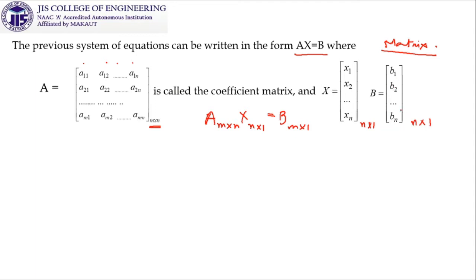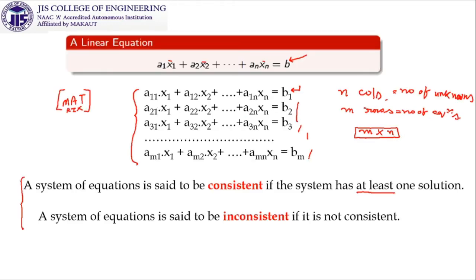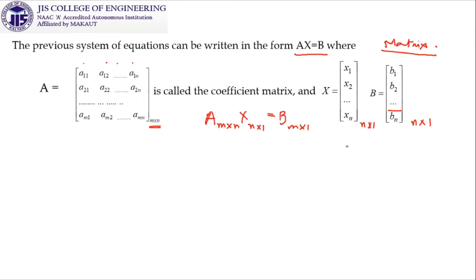If I write that, am I right? Please go to the previous system. What is this? bm. I think you have observed this one. Now come to this system. What is this? bn. So if I write bn, am I right? Look at this. This will give you the justification that m cross n times n cross 1 has to give m cross 1, but you are writing it n. So if you are writing n cross 1, you are wrong. Please be cautious about these observations: if it is b1, b2, up to, then it will be up to bm. So please be aware of these facts.